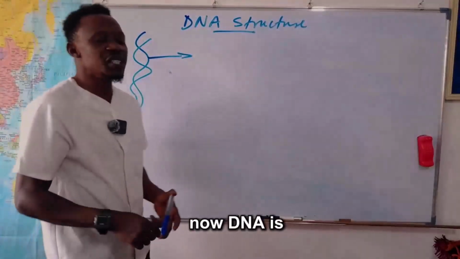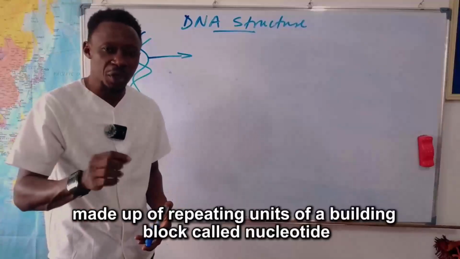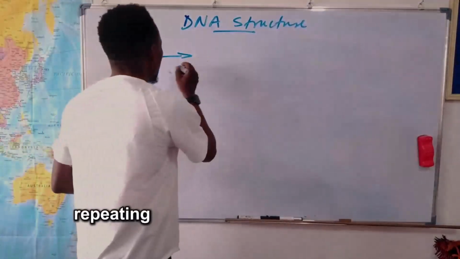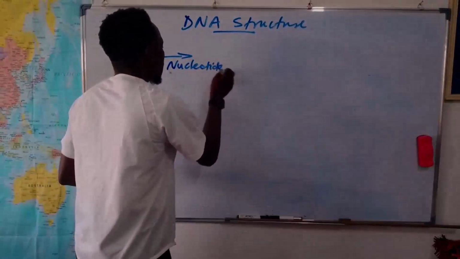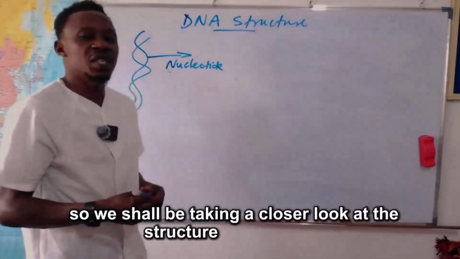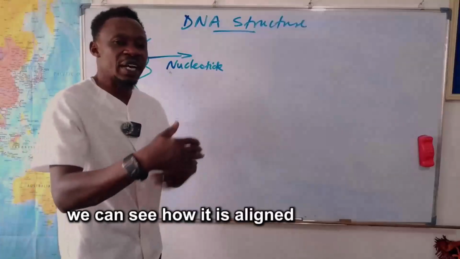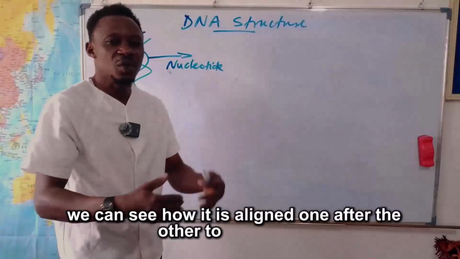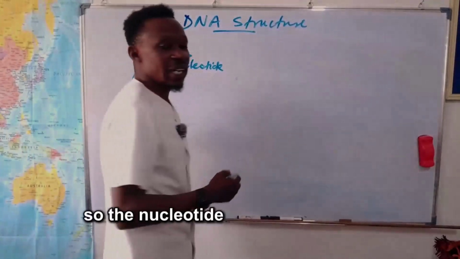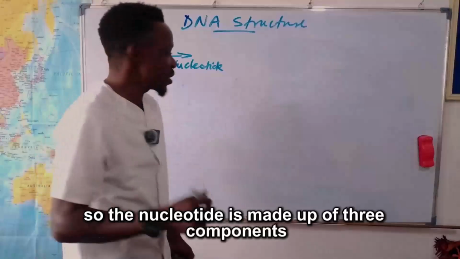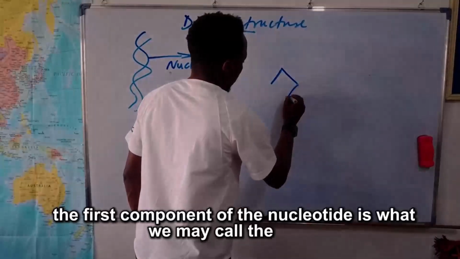Now, DNA is made up of repeating units of a building block called nucleotide. So we shall be taking a closer look at the structure of the nucleotide. And once we understand that, we can see how it is aligned one after the other to give us the bigger picture of the DNA. So the nucleotide is made up of three components. The first component of the nucleotide is what we may call the sugar